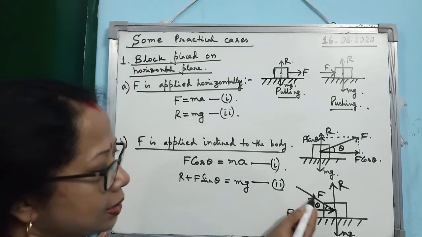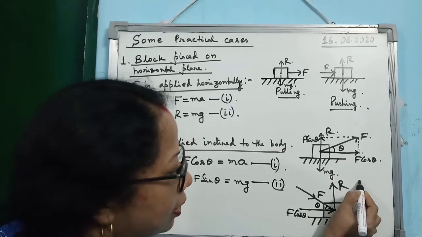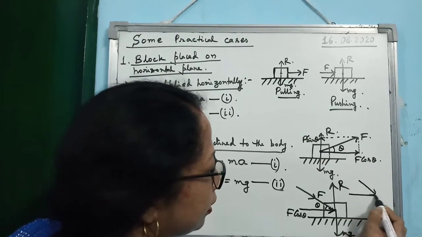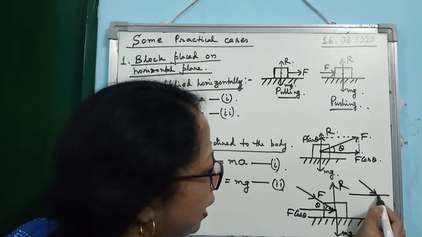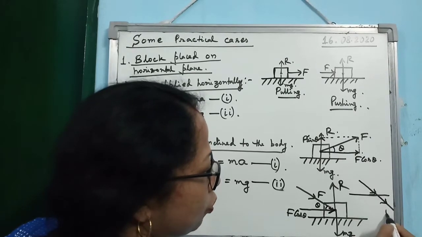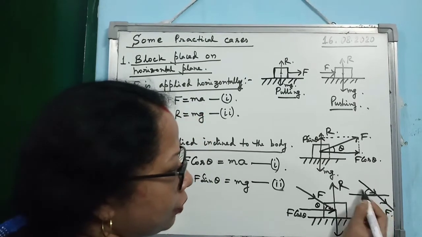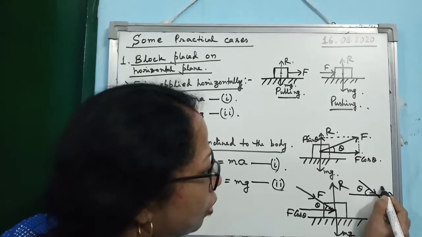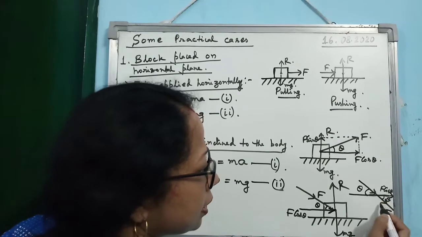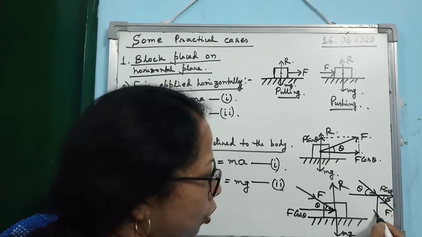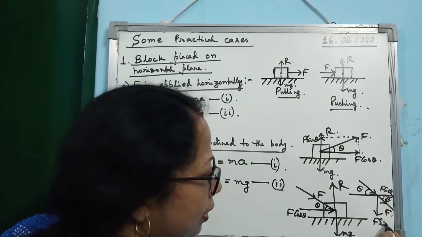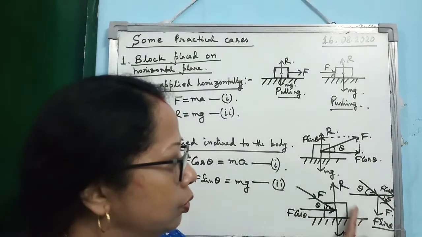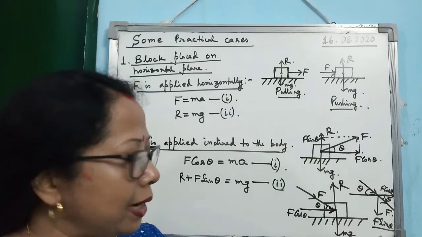Alright, just understand it. I am just showing it by drawing the diagram in a different manner. So you see, this is F. So if you extend it, you may consider this is F. Then if this angle is theta, this is also theta. So the horizontal component is coming F cos theta, but you see the vertical component will be in the downward direction, F sin theta. This diagram you don't have to draw. This is for your explanation only.